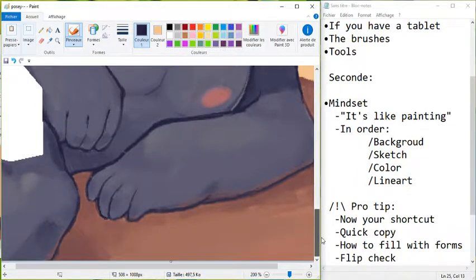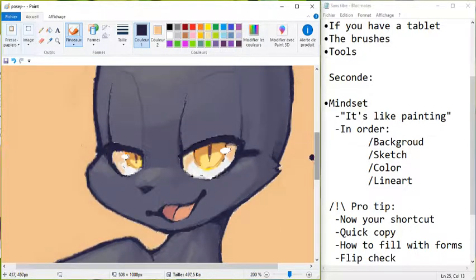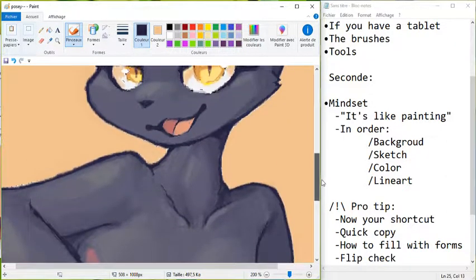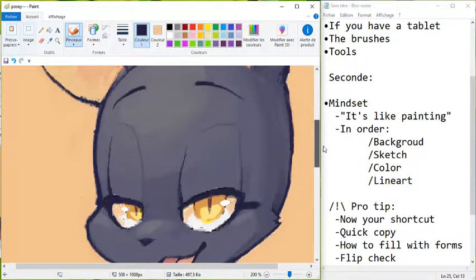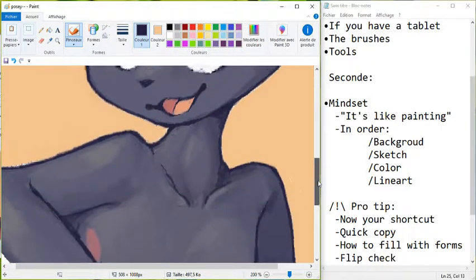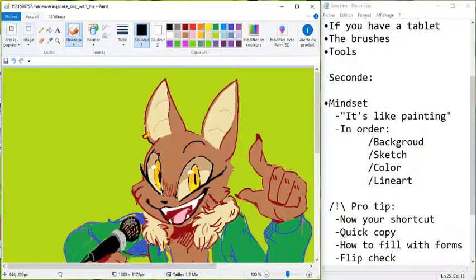But then I went over with this and did details for the ears around the contour and all that. So yeah, I'm definitely gonna go back and try to have another video where I actually break down the entire process that went into making, hold on, that went into making